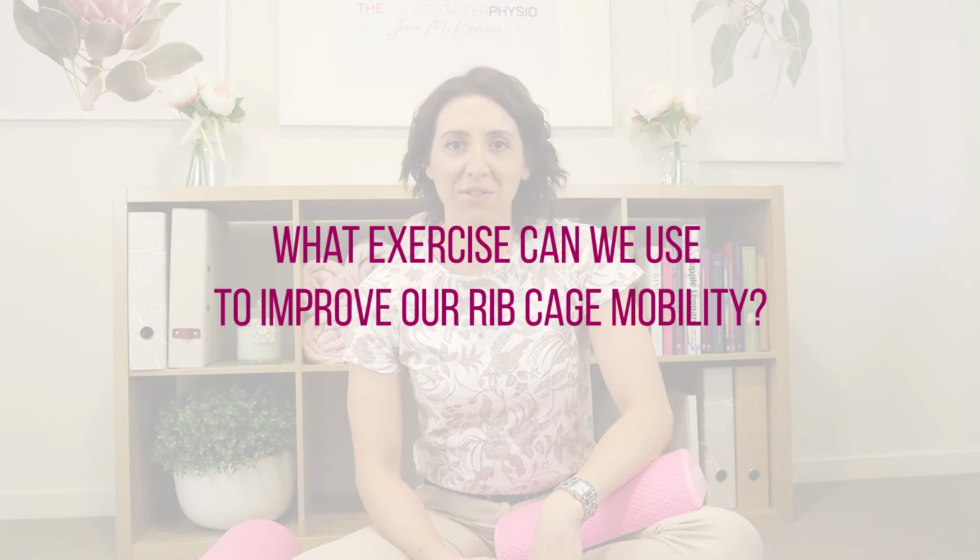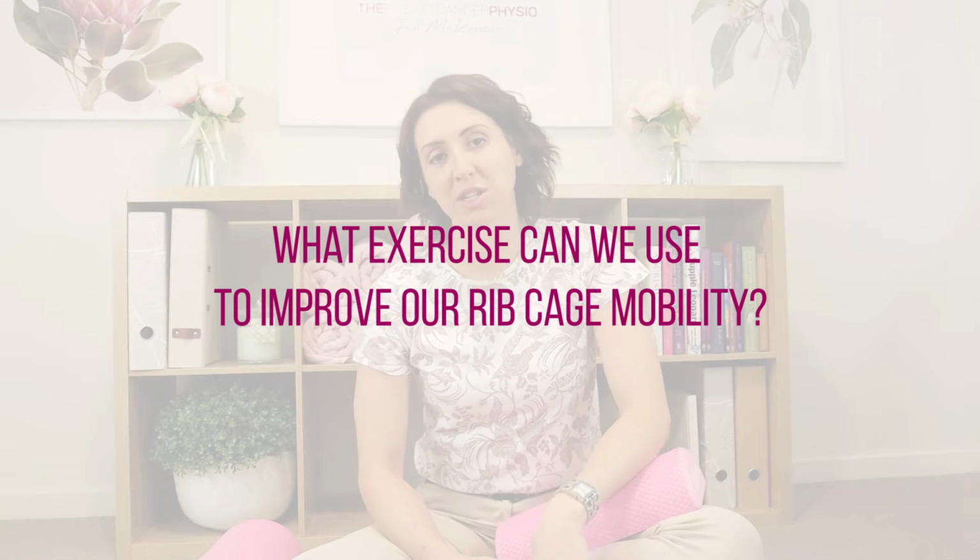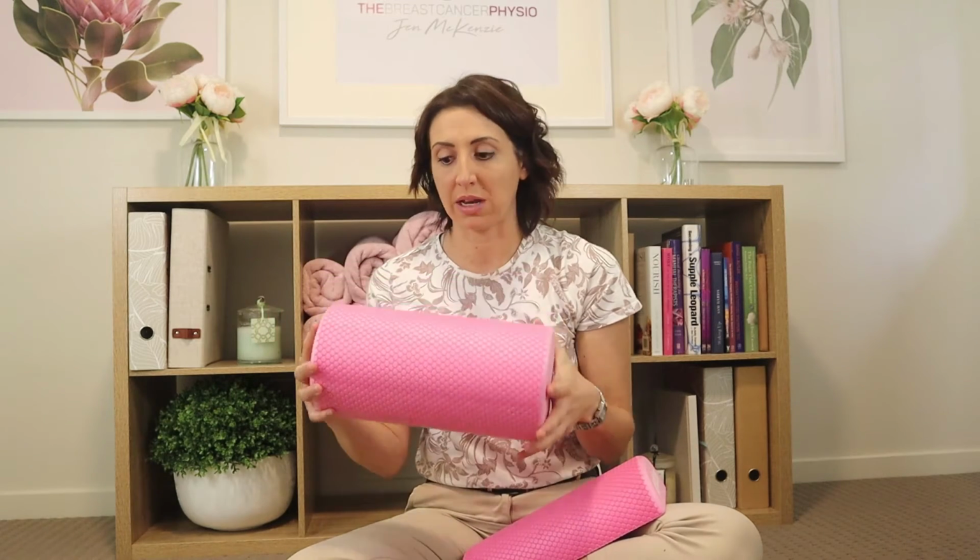Okay guys, so I've just moved my camera. I'm just going to demonstrate how we do this exercise, but just before I do, I just want to show you that there's actually 3 different versions potentially that you can use to achieve this exercise. Now, just before I showed you the foam roller, now you'll notice this is short, but it's also completely round. So sometimes people will say to me, oh, I've got a foam roller, but it's really long. Doesn't matter what the length of it is, it's more about the diameter, because ultimately the